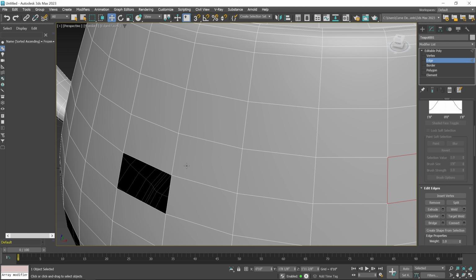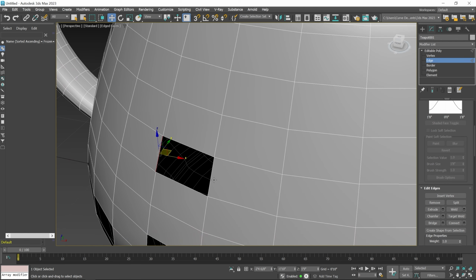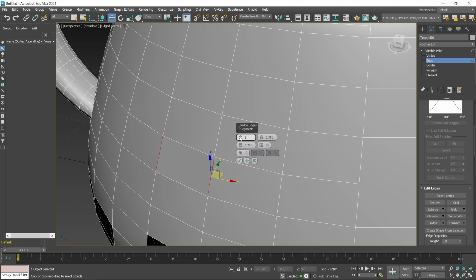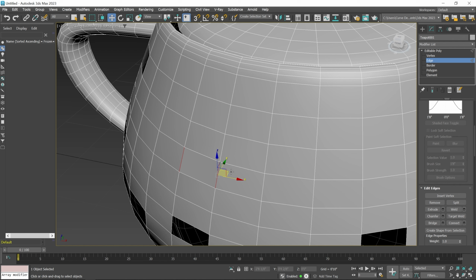Now I click on the edge subdivision mode, then click on these edges with the control key, and then we have to find the bridge tool. It's available in the edit edge, so I click here. If you click on the settings button, you can add additional edges, but this time I have to select one and then apply. So these are two standard methods,